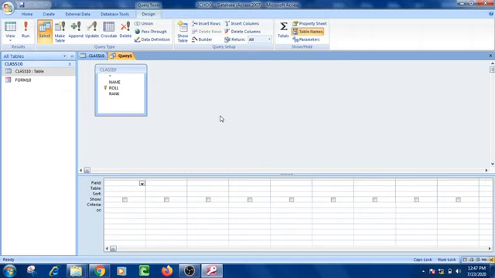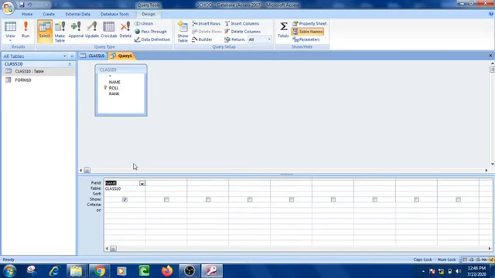The first element is the field. What is the field? It is a row which displays the selected field from the table. Suppose I am selecting name. To get it in the query, I simply double click on the name field, and you can see the name field is added.